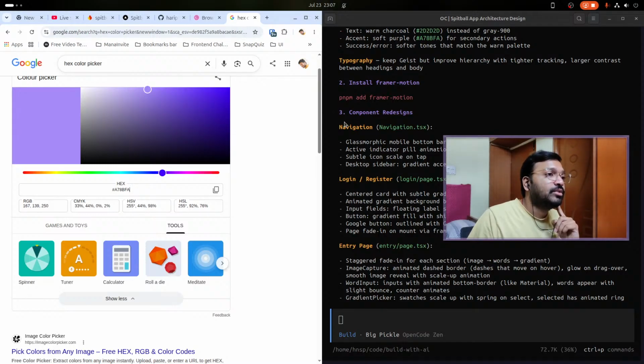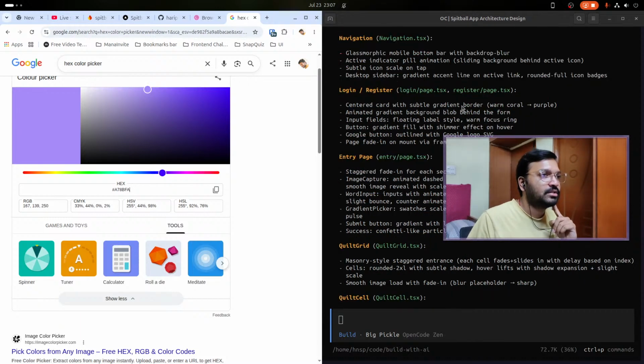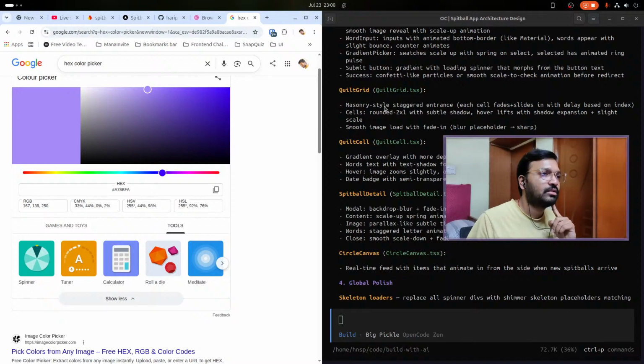Frame of motion, navigation, glassmorphic mobile bottom bar with backdrop blur, active indicator fill animation, subtle icon scale on top, desktop sidebar, gradient accent, okay, centered card, okay, fine, center page, okay, cool card masonry,